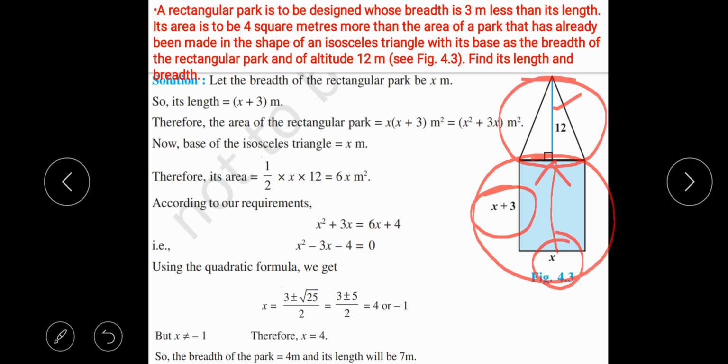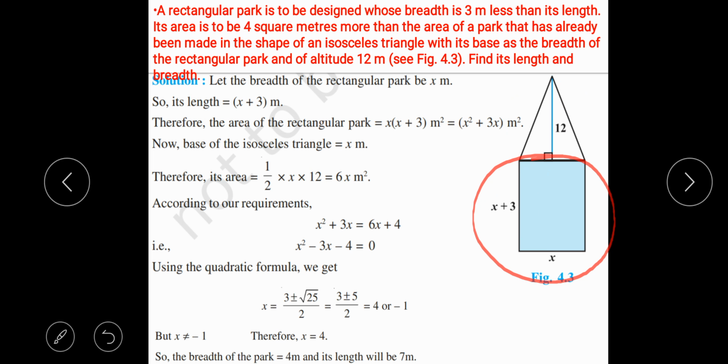So let's consider firstly the breadth of the rectangular park is x, then therefore the length is x plus 3, because we have been given the breadth is 3 meter less than its length. So as we know, the area of a rectangle is length into breadth. Therefore the area of the rectangular park is x into x plus 3, that is x square plus 3x square